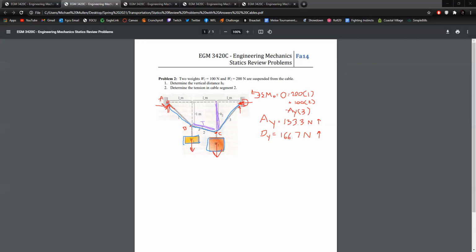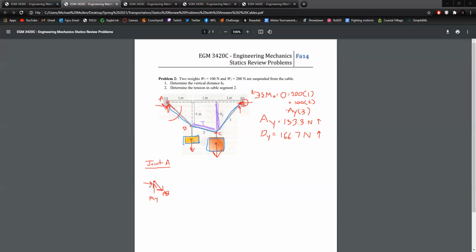The easiest way in this problem to get to our desired tension value in cable 2 is to start with a cut around A, start with joint A, where we have our point A, our cut tension. This is going to be AB. We're going to have our AY value,